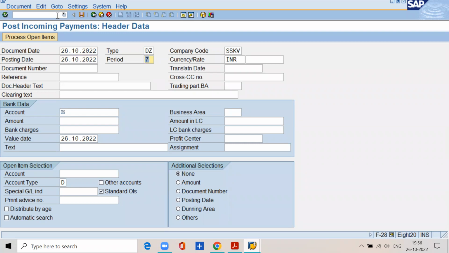Period 7. Currency INR. Under bank data, account is 2,101,000. Business area SSKV. The amount is 9,700, within brackets,